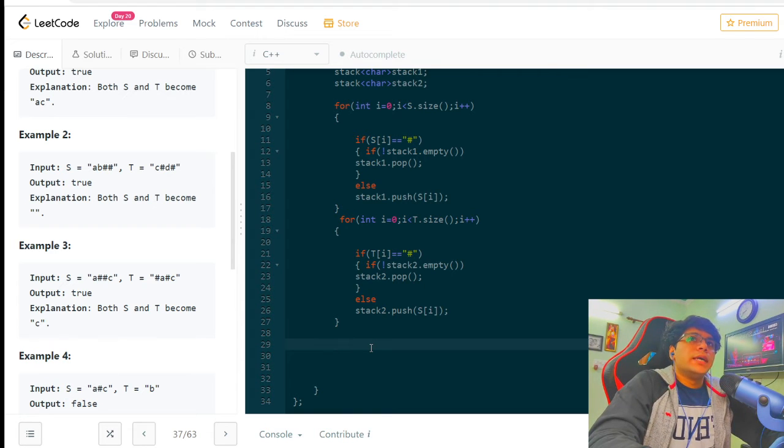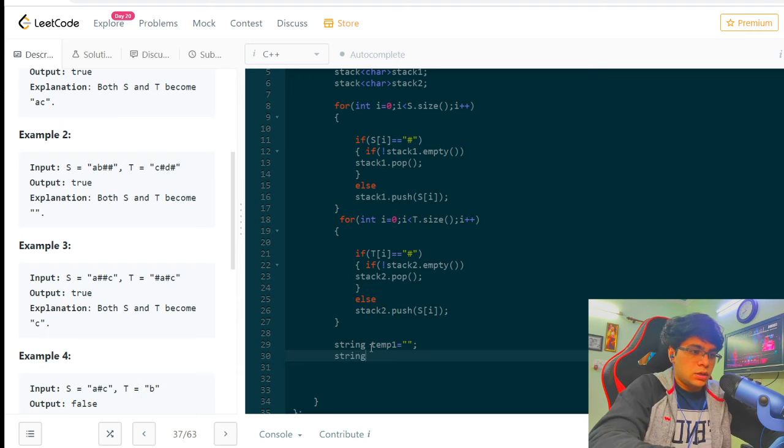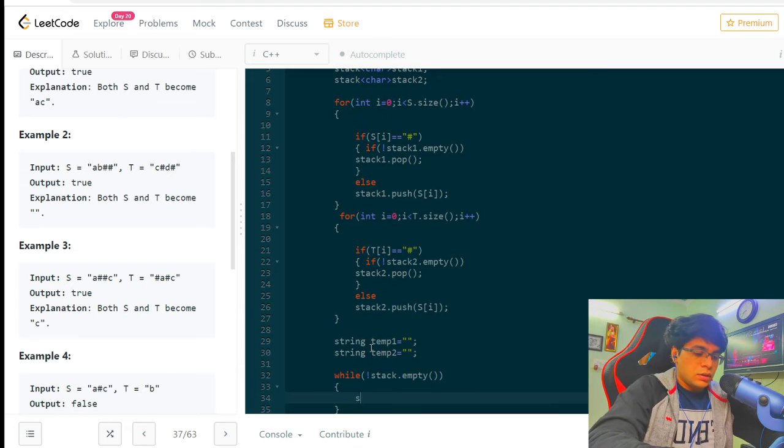Now what I can do is, I can just say these are characters, like string temp1 equals to null and string temp2 equals to null, and then while the stack is not empty, I will keep popping that element. I can just say temp equals to stack 1 dot top, stack 1 dot pop,